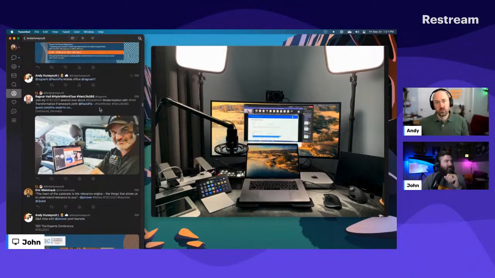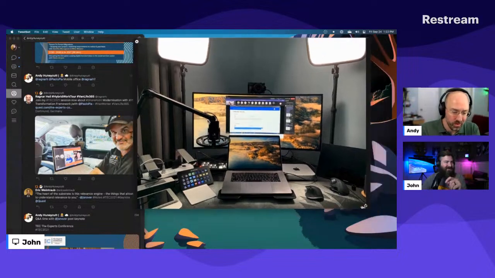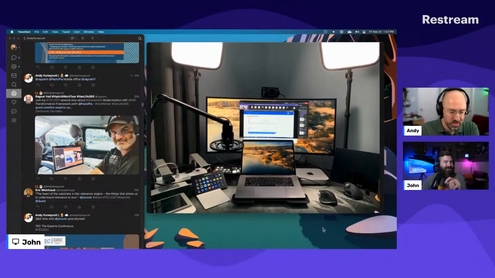MacBook Pro and Mac Mini in front of that, Elgato Key Lights. I've switched the microphone. I'm using the Rode NT-USB Mini. That's the current microphone that I'm working with. Stream Deck, and because I have two computers, I have two separate mice there as I run back and forth between the different systems.